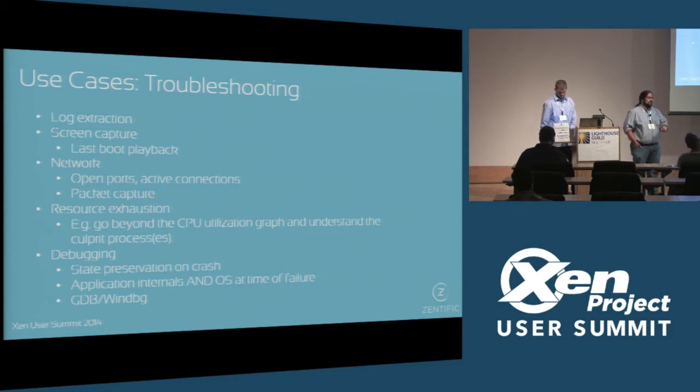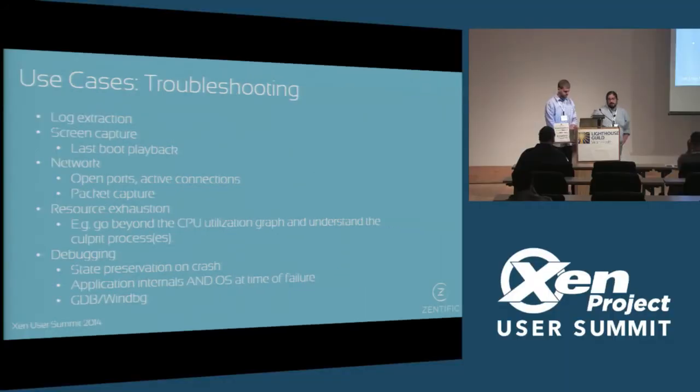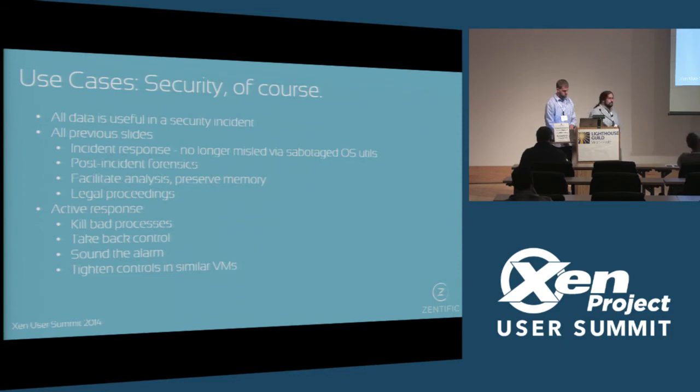Your tools within the operating system, which you normally rely upon heavily to actually assess that stuff, might be compromised. Rootkits do this all the time. There's no guarantee that running a port scan from outside of the virtual machine will reveal that stuff. Being able to look at what the operating system truly believes to be its current state, true or otherwise, is a useful aspect to this. And simply state preservation on crash, application internals, being able to recover this stuff after the fact. And absolutely the vein of security, which we are harping on over and over again.